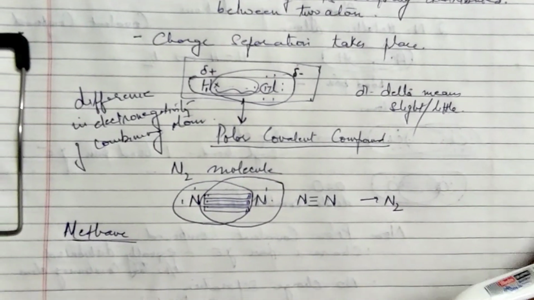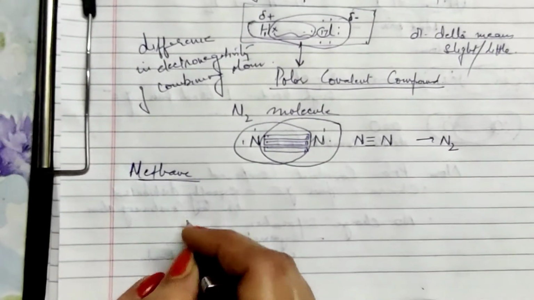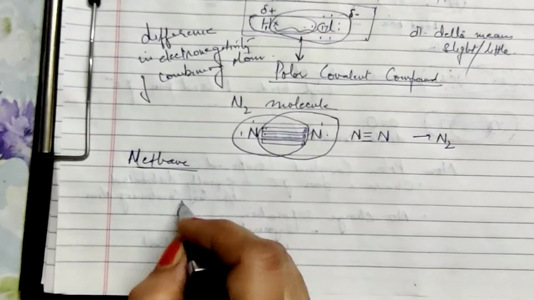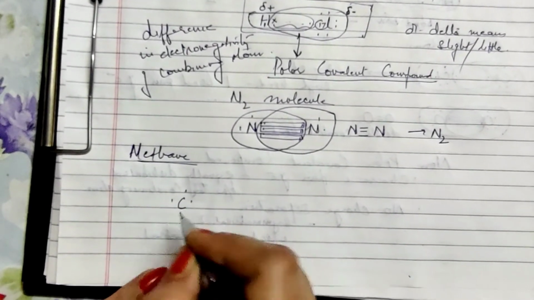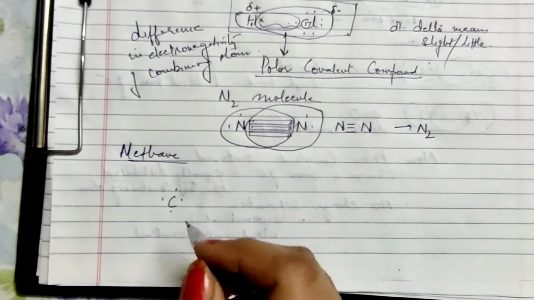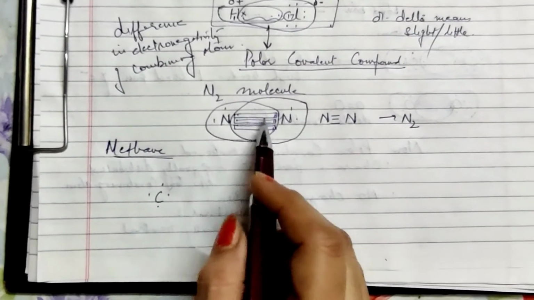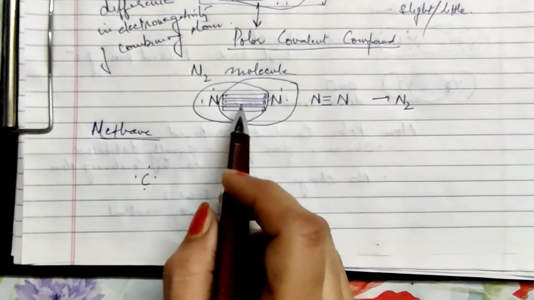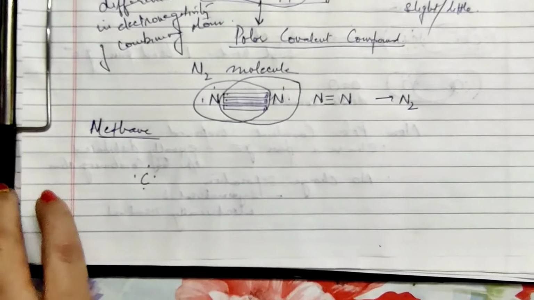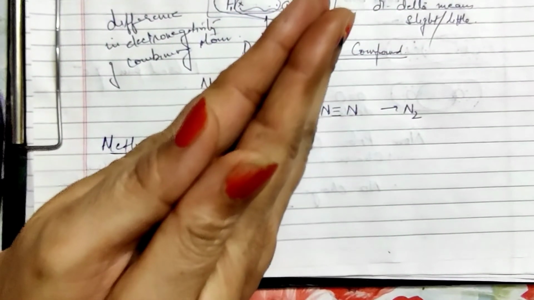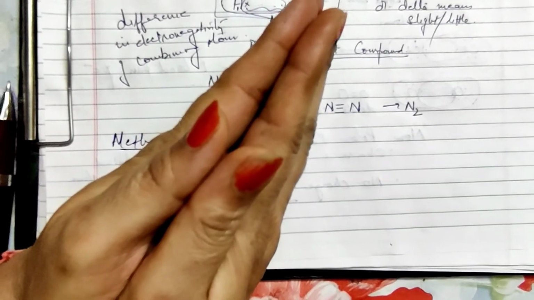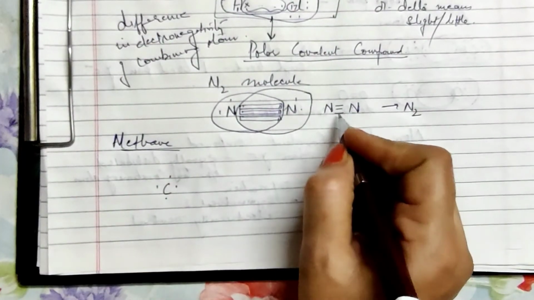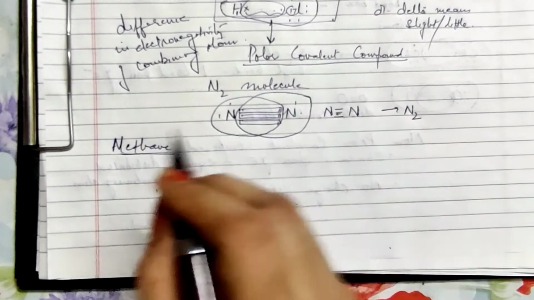In methane, there is 1 carbon atom. Carbon atom has 4 electrons in the valence shell. Now, when the sharing of electrons takes place, when the first electron is being shared, complete overlapping takes place, and this bond is very strong. This strong bond is known as a sigma bond.